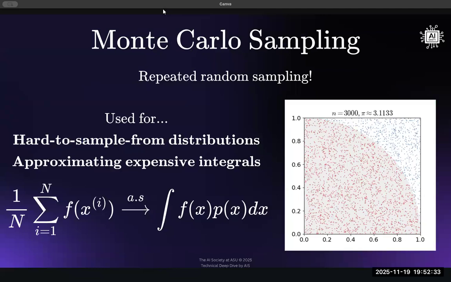Monte Carlo sampling. Perhaps you've heard of this, perhaps you haven't, but Monte Carlo sampling relies on approximation. Approximations are very prevalent in reinforcement learning. You can't always compute the exact integral, or the exact expectation of something. So instead, you opt for something approximate. But perhaps the reason it's most ideal is because it's random. It has some sort of uncertainty in it.